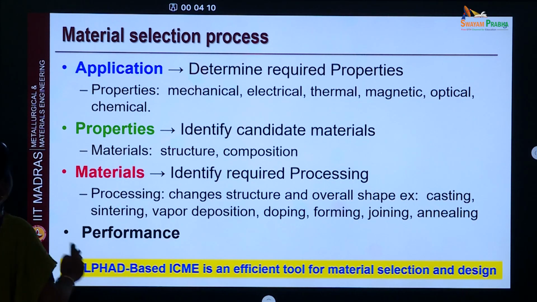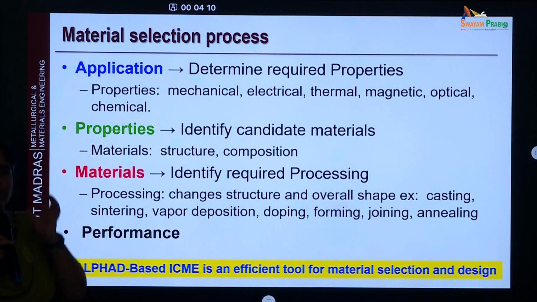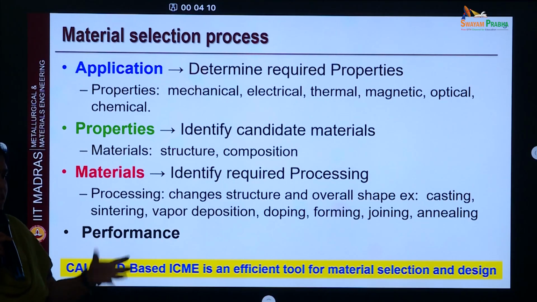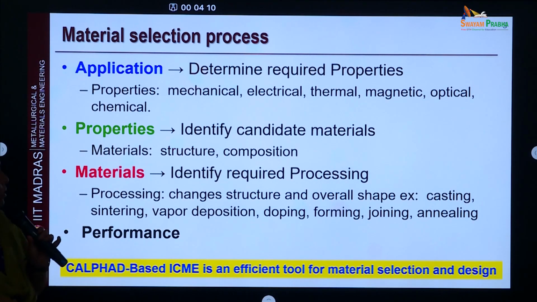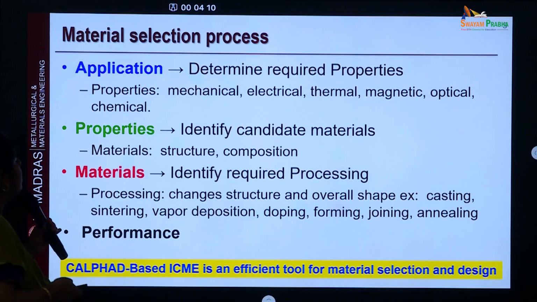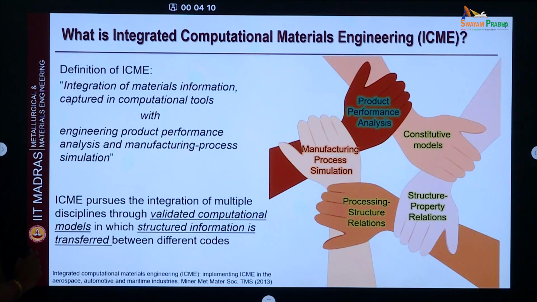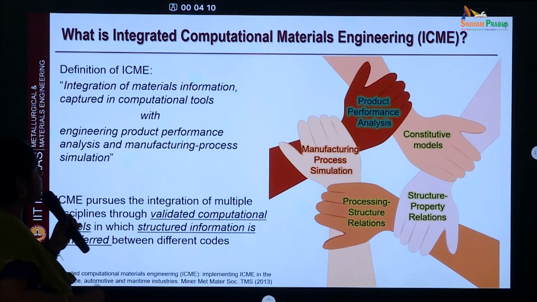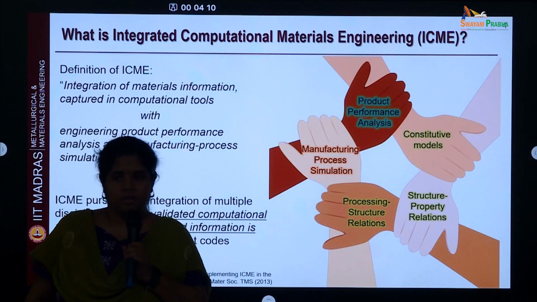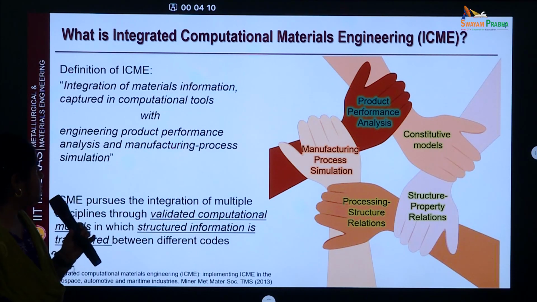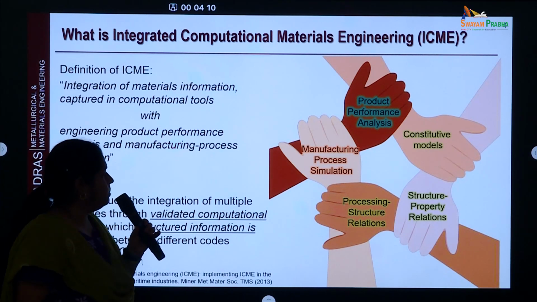So for this type of material selection, we are going to use one concept here called CalPhad based ICME for material selection and design. So we saw what is CalPhad, like it is a bridge and a scaleless technique. So now, along with another concept called ICME, how it is useful, and how finally the cyber steel was developed. So ICME, the full form is Integrated Computational Materials Engineering, a very, very powerful technique for materials design, computational materials design. It has 5 components, as you see in these 5 hands here.